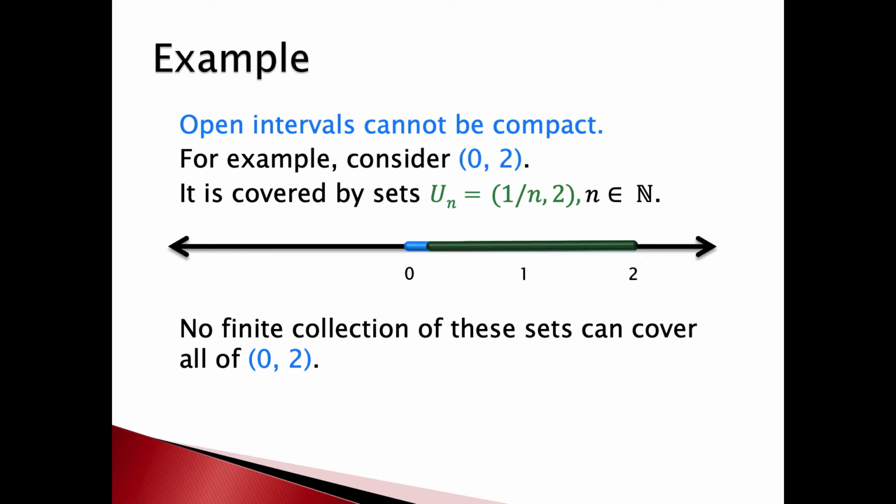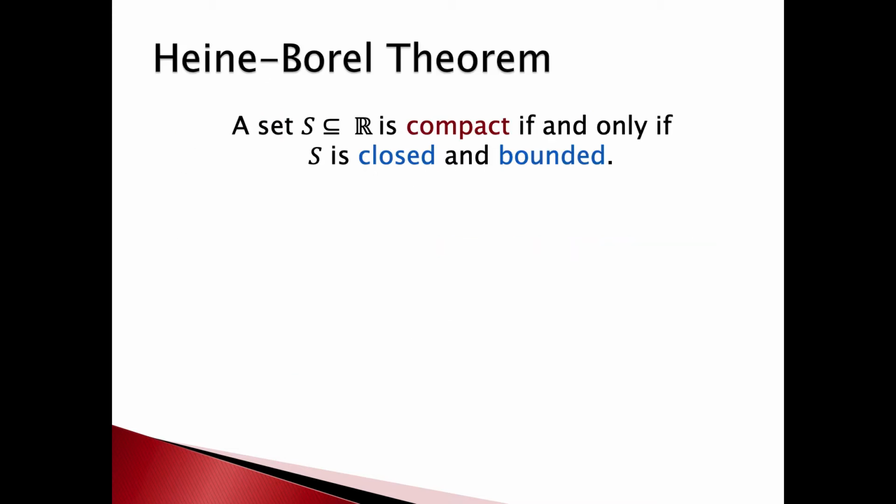All right, so we know that these compact sets can't be unbounded, and they can't be open. So what are these things? Well, I'm glad you asked. I have an answer. The answer is the famous Heine-Borel theorem. This is the kind of thing that people who've had this class, where you studied beginning analysis, one of the things that everybody remembers. So the Heine-Borel theorem says that a set of real numbers is compact if and only if it's closed and